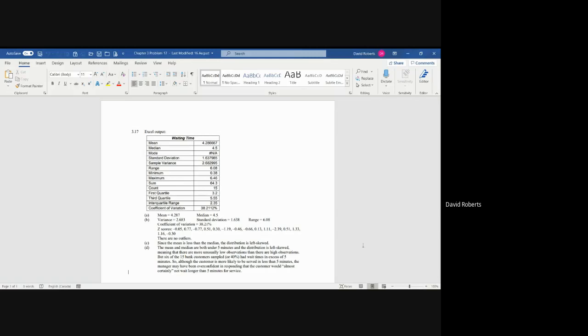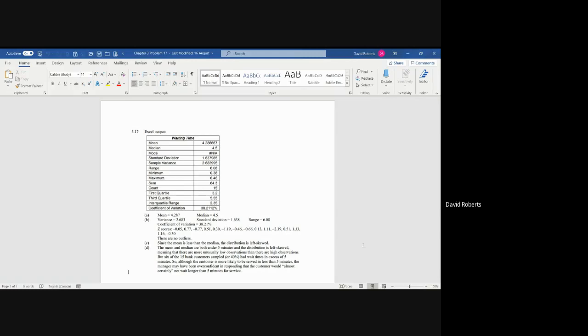And one of the questions asks, most certainly less than 5 minutes. The manager replies that certainly more, the customer, and that's true. Although you can see by just looking at the data that 6 of the 15 have to wait more than 5 minutes, which means that 40% of the customers have to wait more than